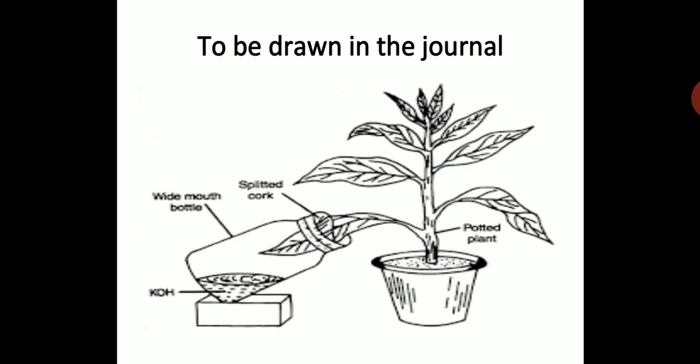So you have to draw very neatly, and label it with a black ball pen, which will look very neat. So this diagram, I hope it's quite clear to you all. You have to draw this diagram on the blank side of the journal. You're going to start on the first page where you will have a rule side and a blank side. So this is the diagram you are going to draw, children.